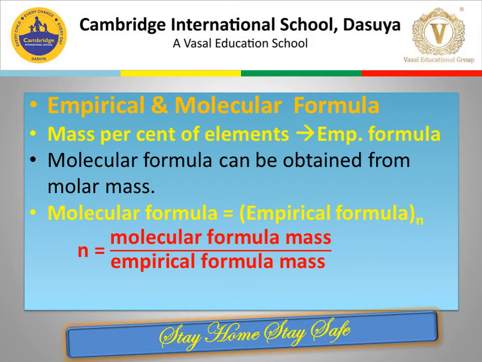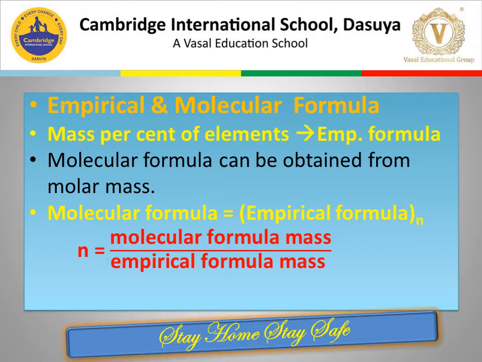Now let us see how we can find out the empirical and the molecular formula. If we know the mass percentage of different elements present in a given compound, then we can easily find out its empirical formula. Further, if we know the molar mass of the compound, then we can find out the exact molecular formula also. The relationship between the molecular formula and the empirical formula is: molecular formula is equal to n times the empirical formula,